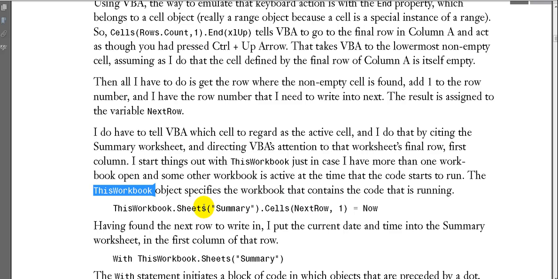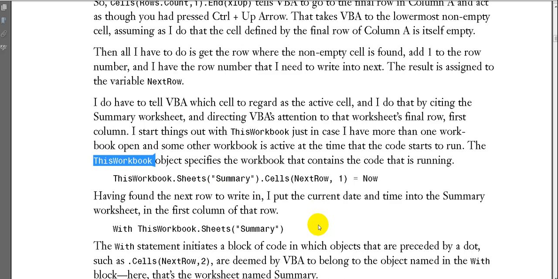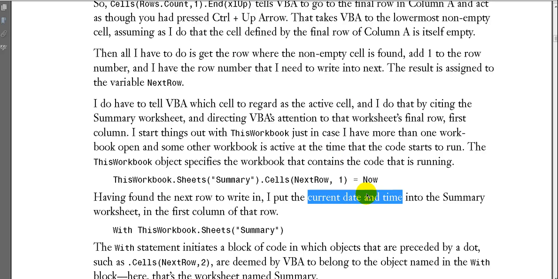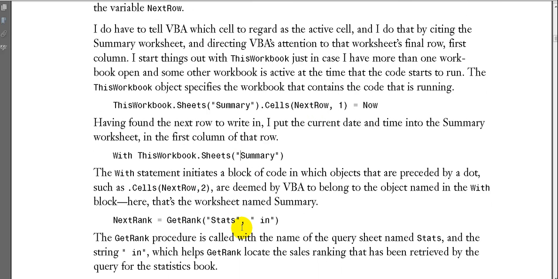We said that already. Having found the next row to write in, I put the current date and time into the summary worksheet in the first column of that row. So what he means is that he's going to put the date and time, the next date and time, into there. Okay, so he gets this and he puts it in the summary sheet in the first column of that row by writing with ThisWorkbook Sheets Summary. So this is kind of a shorthand. Okay, he really wants to write